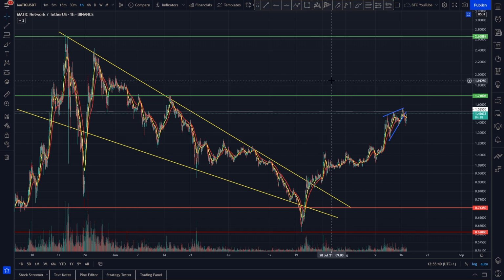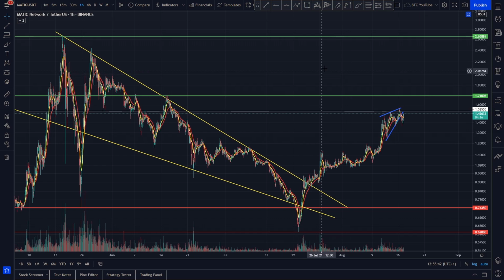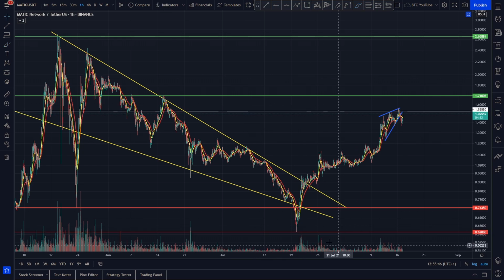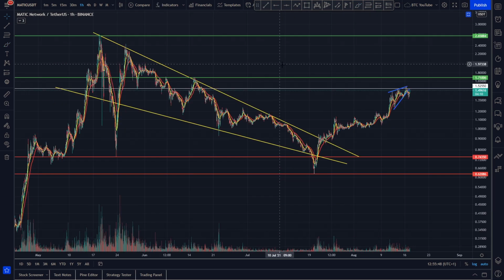You can see Polygon's on a mission quite clearly. It's basically been falling and falling and falling. And now it does seem as though we actually have a...